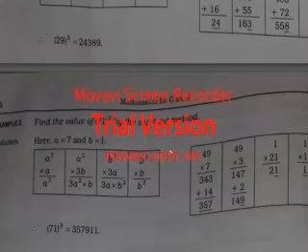So what will happen? Simply here you have to write a cube at the top, then 3a square b, 3ab square, and b cube. b cube means 1 cube. 1 cube is 1 only. Okay, so no carry will go to 3ab square. So 3ab square means what? 3 into 7 into 1 square. 3 into 7 is 21, and 1 square is 1 only. So 21 into 1 is 21 only. So again 1 is there, and 2 will now be carried to 3a square b.